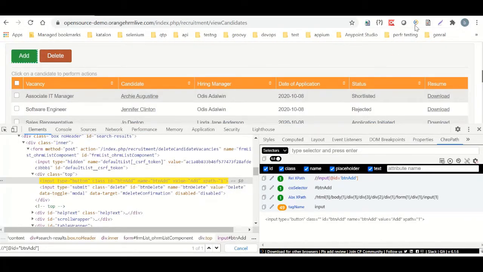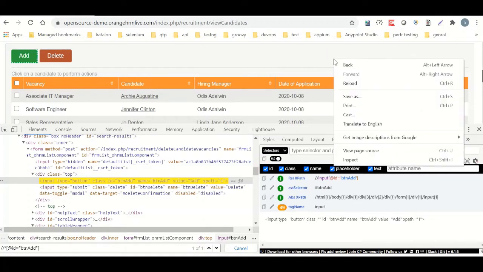So this is ChroPath. I'm not going to show how to download the ChroPath extension or how to download SelectorsHub. It is pretty simple. You just go to Google and type ChroPath extension for Chrome. You will get it, and it is self-explanatory on how you add this extension to Chrome. Once you add it to Chrome, it will appear over here. That means your browser is going to support ChroPath. So once you install it, and when you right click,